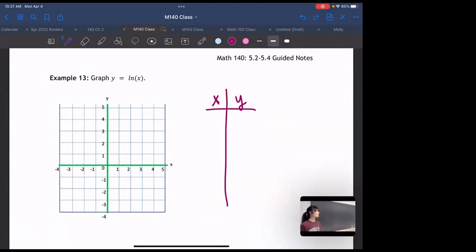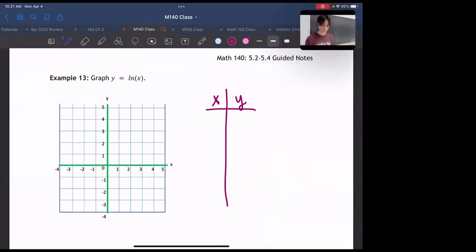Okay. So here, we're going to make an X and Y chart. And we're going to plug in some values of X, and we're going to try to figure out what the Y values are. Let's plug in X equals 0 first. Let's see what happens when we do that. If we plug in X equals 0 into the equation, the Y value is going to be ln of 0, which is log base e of 0. So two ways you can do this. I really don't mind if you go in your calculator and type in ln of 0 or log base e of 0, okay? Another way we can think of this is, well,